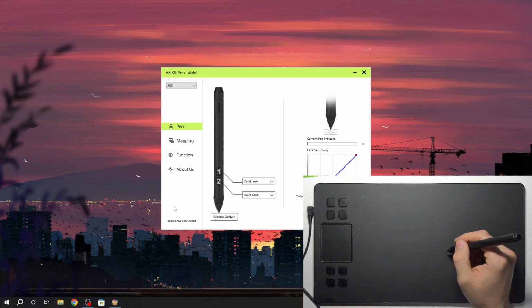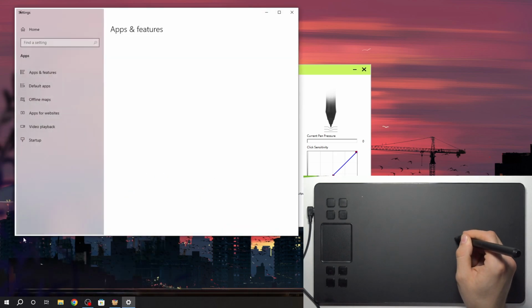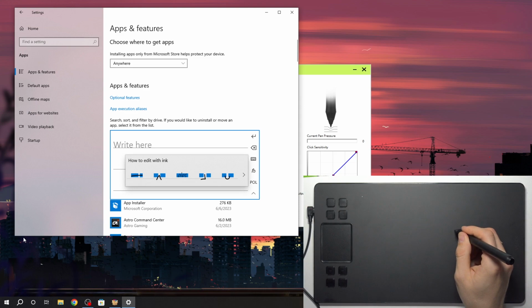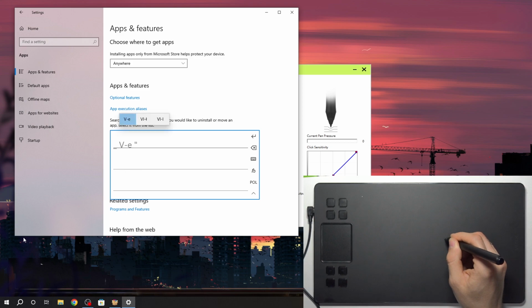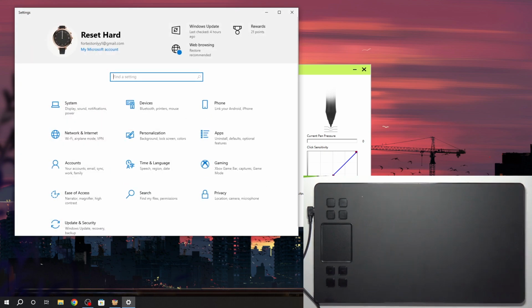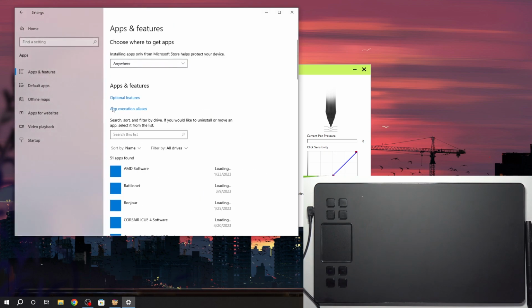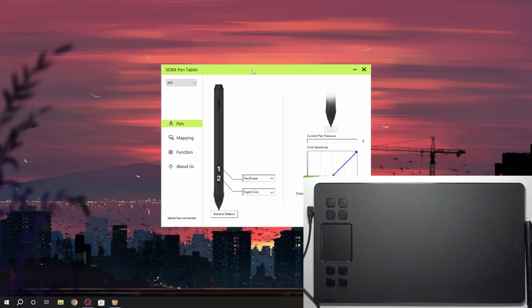So basically, one way to restore all default is to uninstall the Veikk Pen tablet driver from your device. To do it, you just need to open settings, open apps, and find here. Maybe I can't draw normally, so I'll try to do it using normal keyboard. Window driver package Veikk WinUSB. So click on install, and this way you will install it,